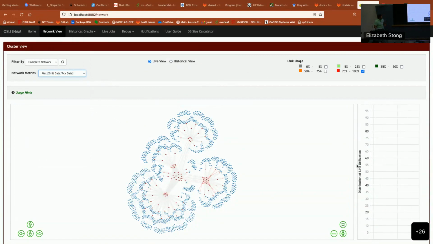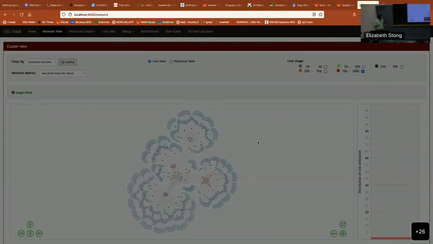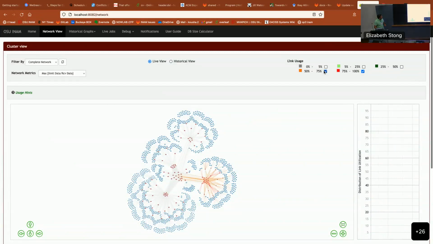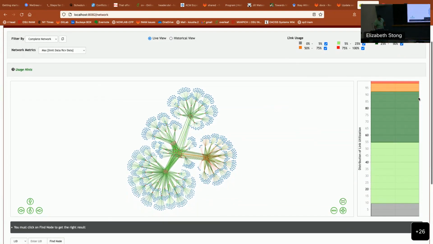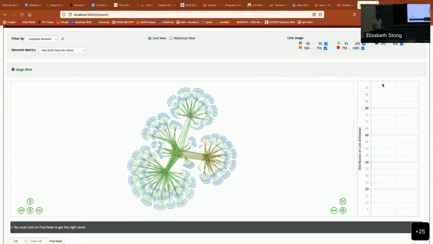On the right side, it shows from your entire cluster. Oh, I'm only choosing this. My bad. So here it shows on your cluster, with respect to all of the links, how many of them are utilized at different percentages. We see that most of the links are only utilized between 5 to 50%, while very few of the links are utilized at